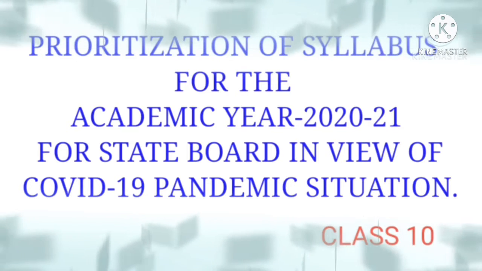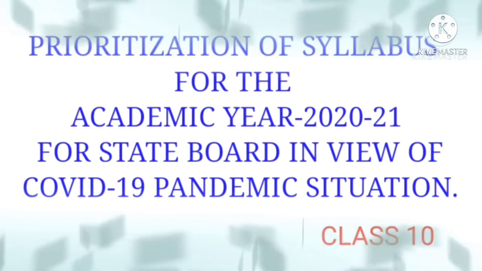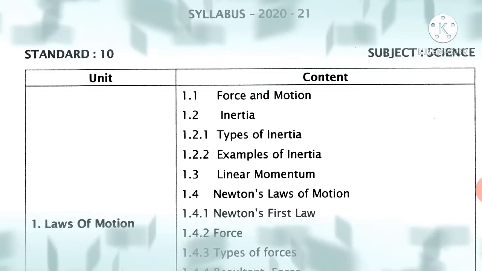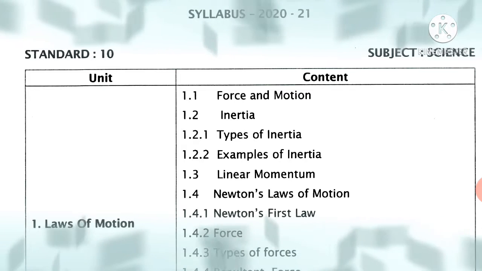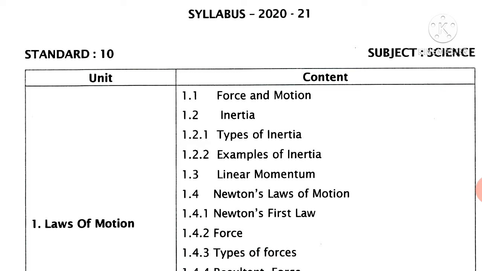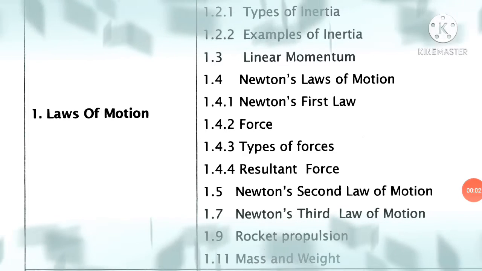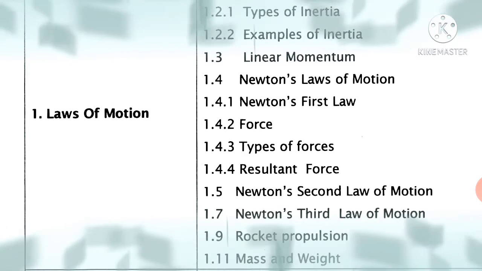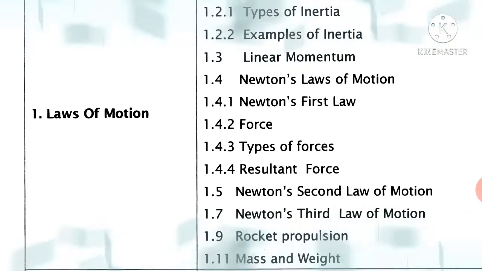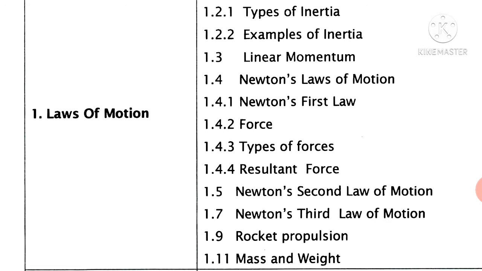We have 1.1 Force and Motion, 1.2 Inertia, 1.2.1 Types of Inertia, 1.2.2 Examples of Inertia, 1.3 Linear Momentum, 1.4 Newton's Law of Motion, 1.4.1 Newton's First Law, 1.4.2 Force, 1.4.3 Types of Forces, 1.4.4 Resultant Force, 1.5 Newton's Second Law of Motion, 1.7 Newton's Third Law of Motion, 1.9 Rocket Propulsion, 1.11 Mass